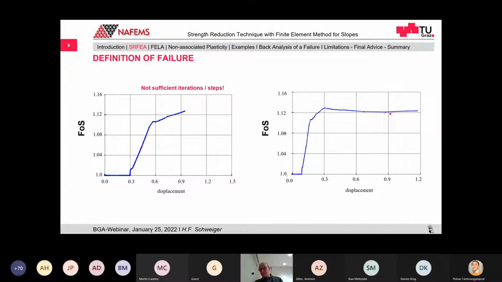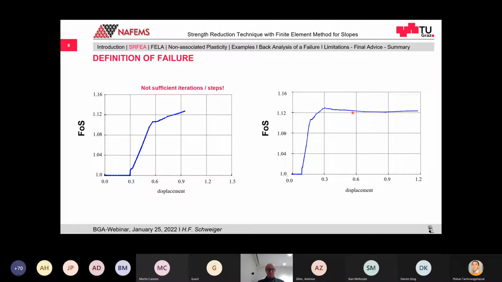It has to look something like this. So you have to get a stable solution. So if you add 100 more iterations or 100 more steps, it should not change your factor of safety. So that is really something which is very important, and sometimes it's not. So I see when I get some finite element analysis to check, then sometimes I see that this has not